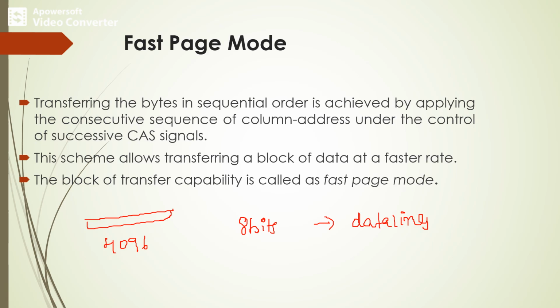To access another byte in the same row, a latch can be added at the output of the sense amplifier in each column. So the application of the row address will load the latch corresponding to all the bytes or bits on the selected row. Thus, applying different column addresses, different bytes can be selected. Each time we have to apply the column address, that is CAS, and read the information. Instead of that, a small group of bytes is commonly referred to as a block.